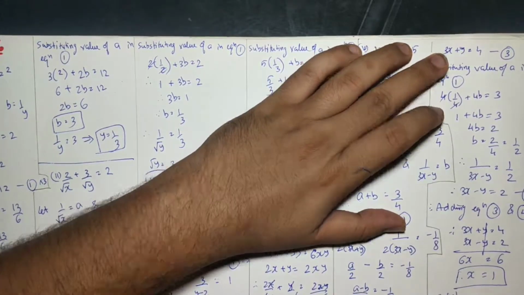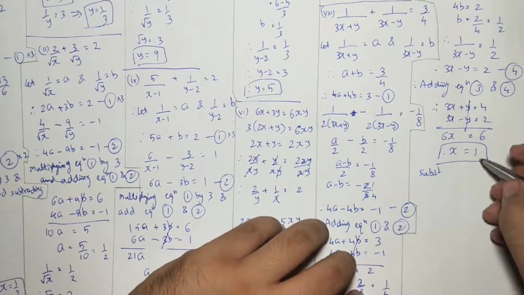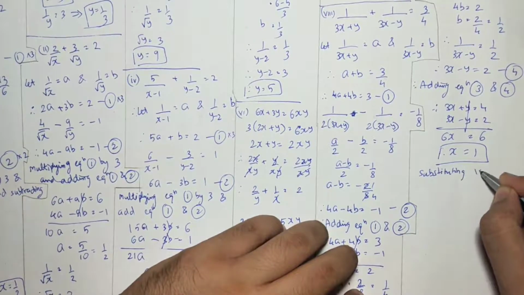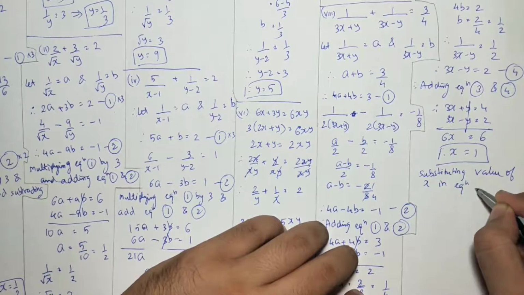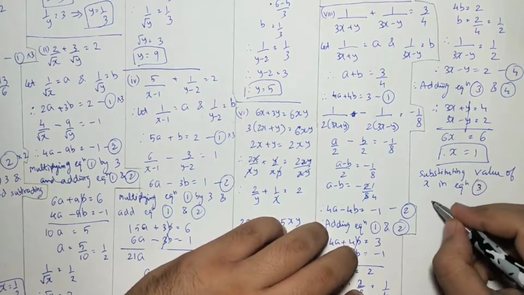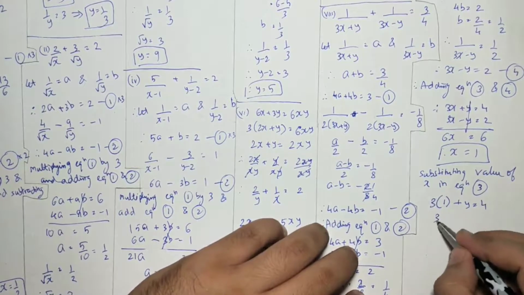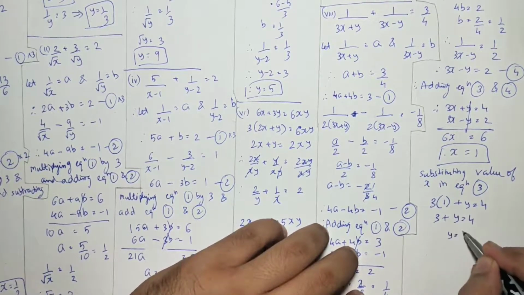Substituting x equals to 1, we got x equals to 1. Substituting value of x in equation number 3. So 3 multiplied by 1 plus y equals to 4. So 3 plus y equals to 4. 3 will go on that side. Answer would be